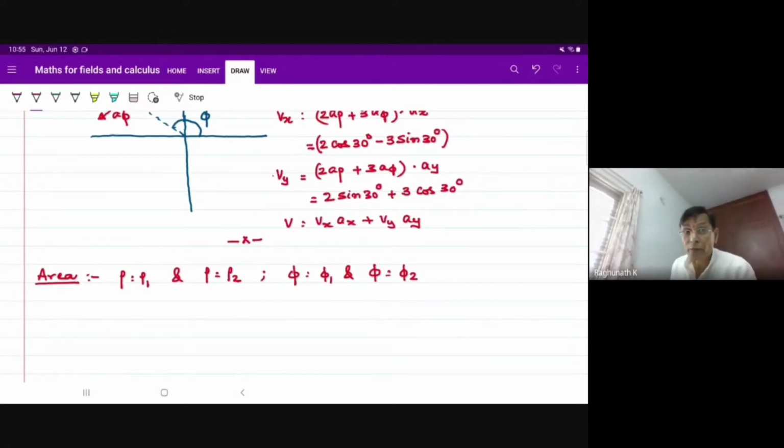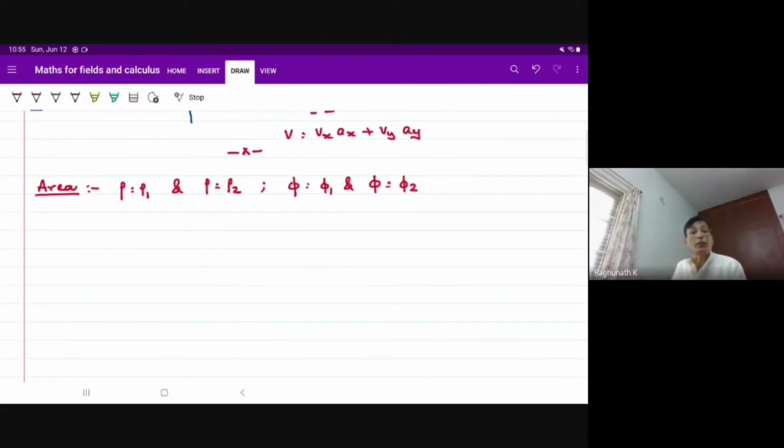Yesterday, I told you the area of the circle through ds. If somebody gives you a problem of this type,